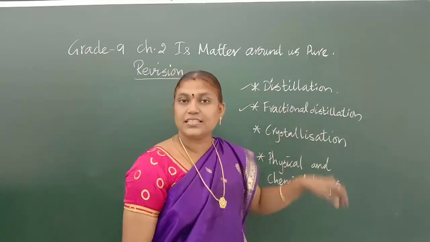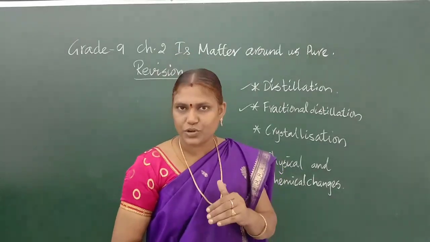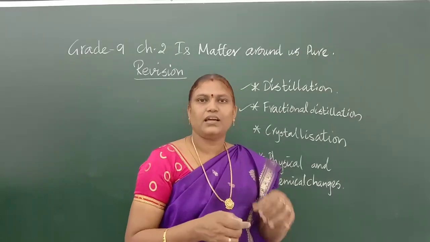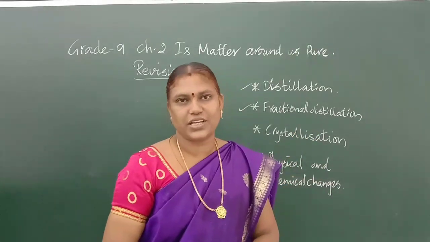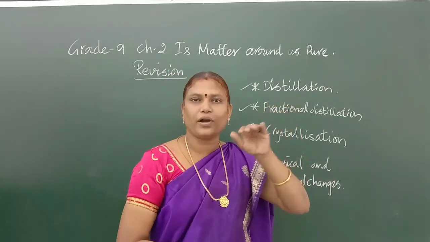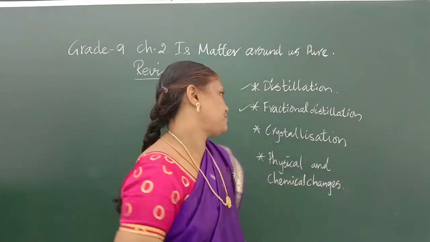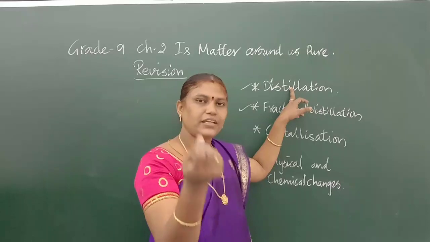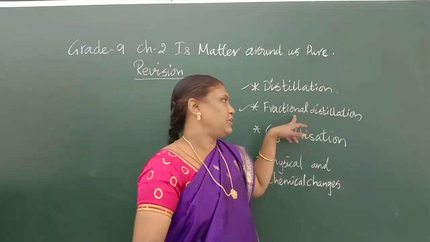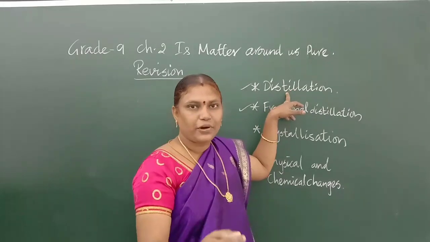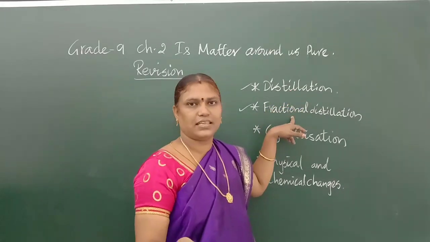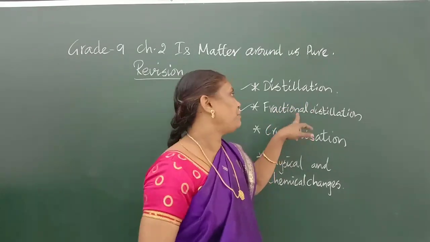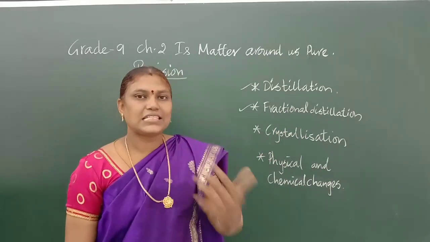Fractional distillation is used for separating petroleum. From petroleum you get crude oil, petrol, diesel, LPG gas, bitumen, all these things. We can separate them using a fractionating column; based on their boiling points, they are collected in different layers. You should know the difference between fractional distillation and distillation. Distillation means you can separate only two liquids, and the boiling point difference should be 25 Kelvin. Here, more than two liquids can be separated, with any boiling point difference. Condensation happens once in distillation and twice here, because of the extra fractionating column. So keep these points in mind. When they ask for the difference, you should write it.